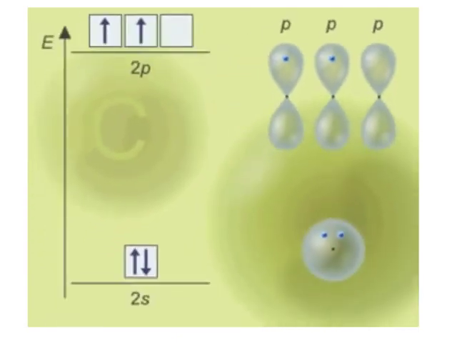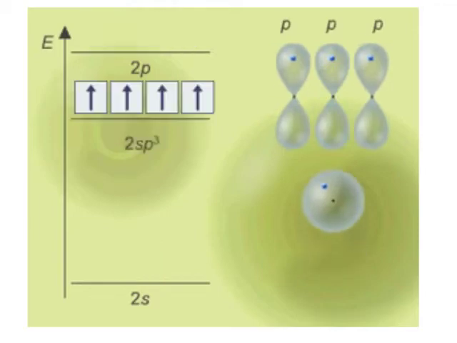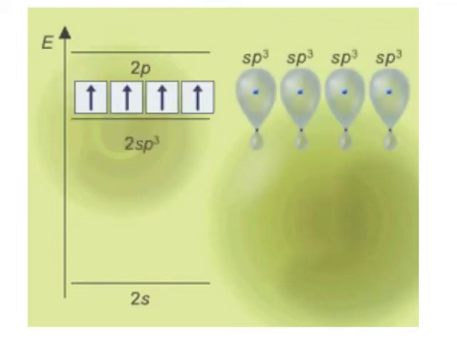When during reaction one s electron is excited to a p orbital, there are four unpaired electrons available to form covalent bonds. The single 2s and three 2p orbitals hybridize to give four equivalent